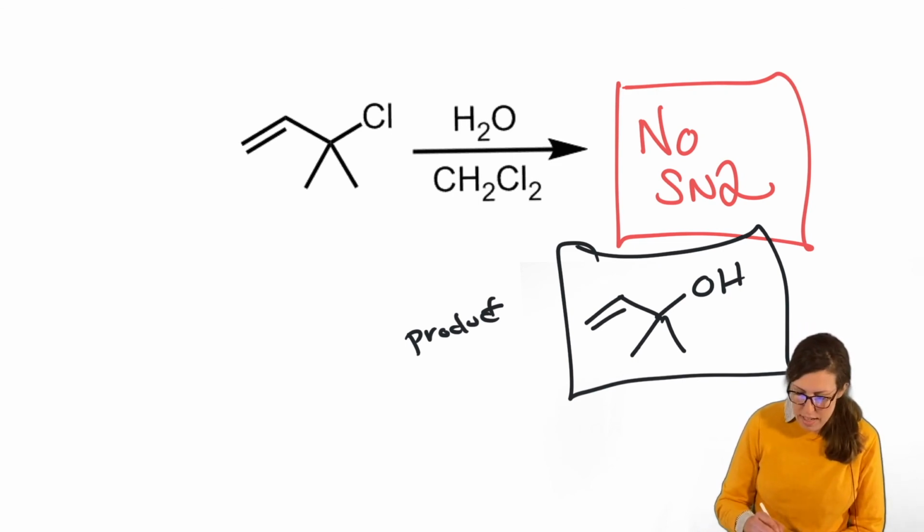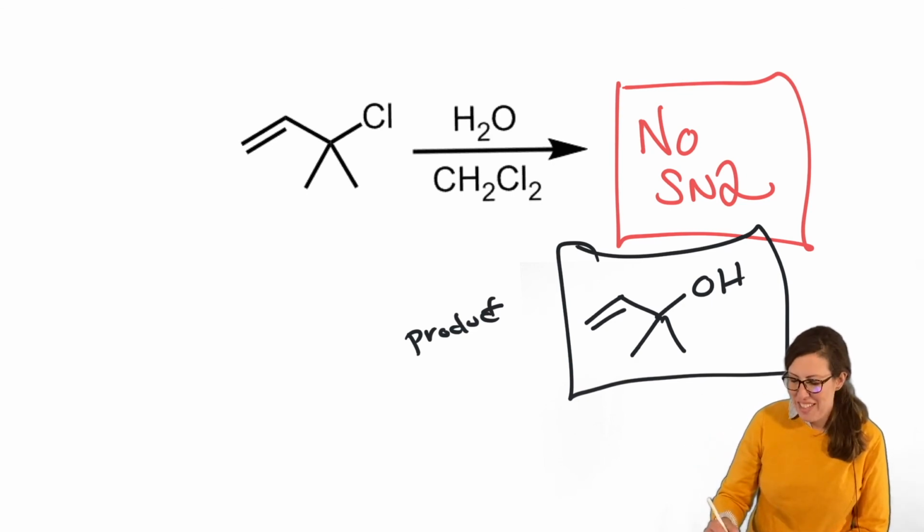So we still had a leaving group leave, get substituted with a new functional group, but it can't do an SN2 because it's tertiary and some other things going on here that you'll have to work out. So that means it must have done a different path. Okay, that's kind of the trailer for our next section. It proceeded via something called an SN1, and we will talk about that next. But for now, practice SN2s like crazy. We're going to cover SN1 in the next section.